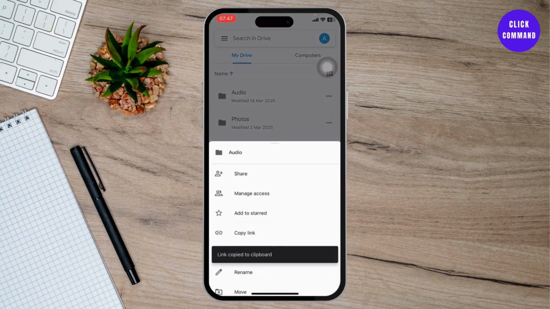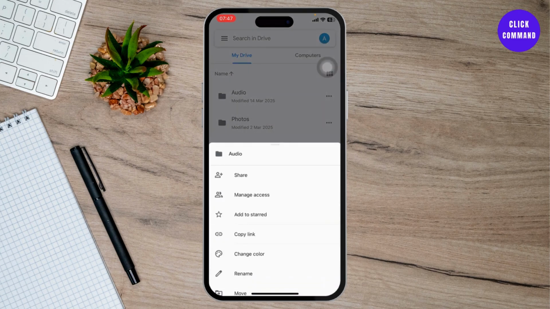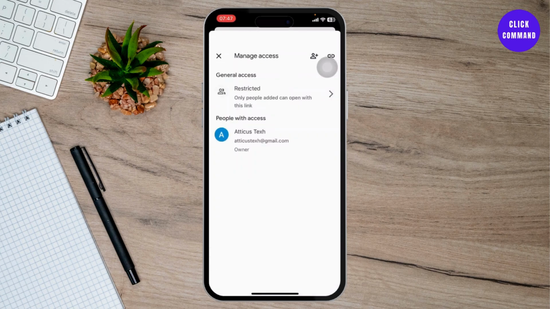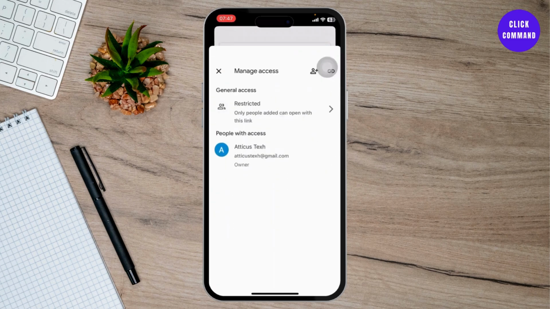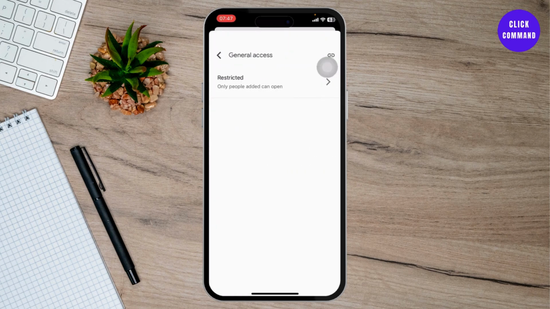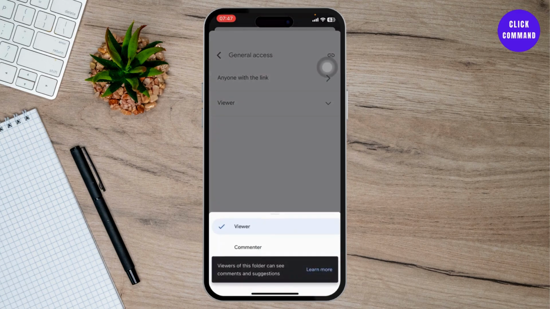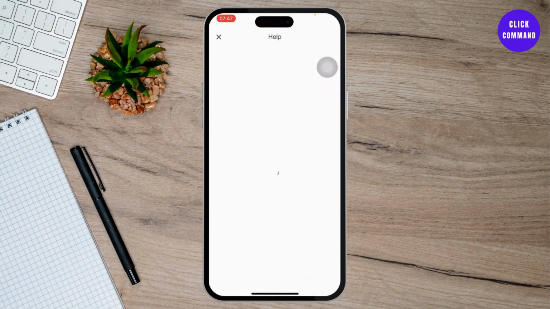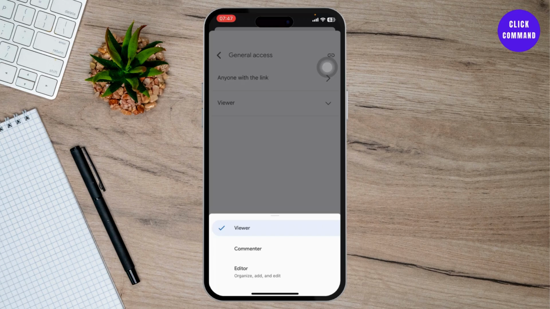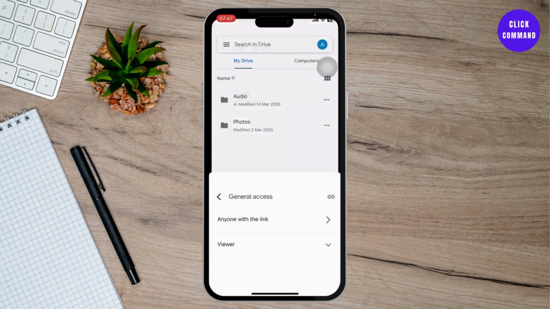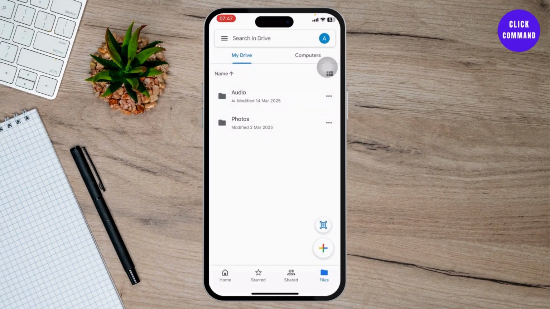Now first you will also need to change the access, so tap on manage access, and here you can just tap on restricted, tap on it again and choose anyone with the link. So after you do that, you can then even change the privilege here, such as viewers, commenters and editors. So choose whichever you want to give the access, and after doing that, after you've copied the link, you can